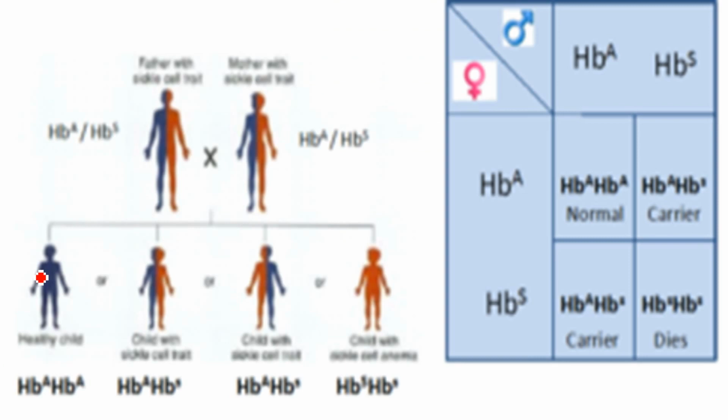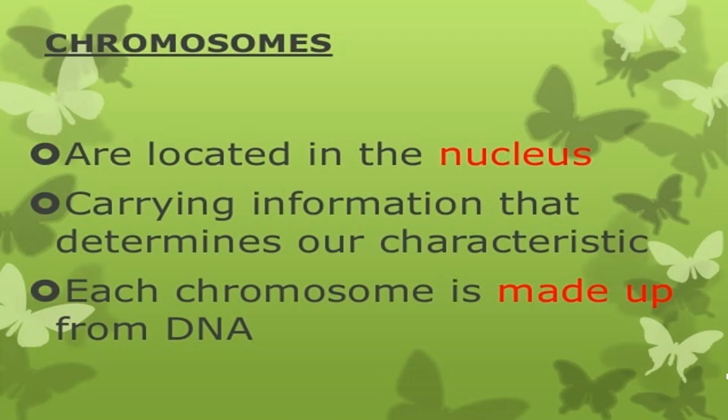See here, this is pleiotropy in sickle cell anemia, HbS, HbA. This is HbA, the normal one, HbA the carrier, and HbS, which results in death. Here, see HbA and HbS crossing in this way, then the progeny is obtained in this way. So dear students, this is what we discussed: pleiotropy with the examples of sickle cell anemia and PKU, phenylketonuria.